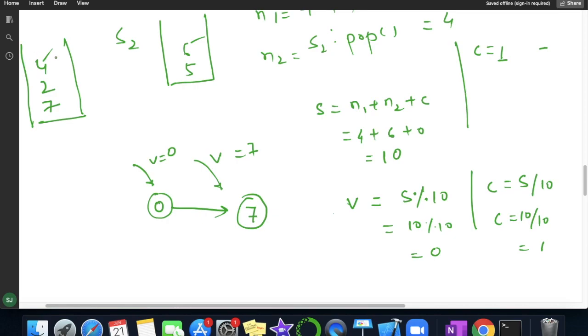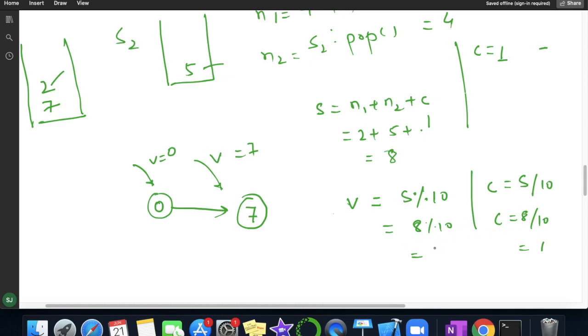Now we are done with those elements. Let us pop the next elements. Now 2 and 5 will be popped out, and carry is 1. So we will get 8.